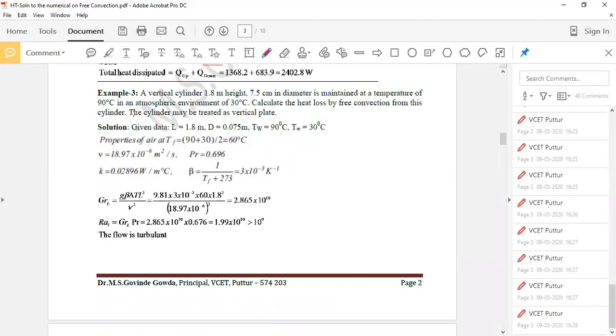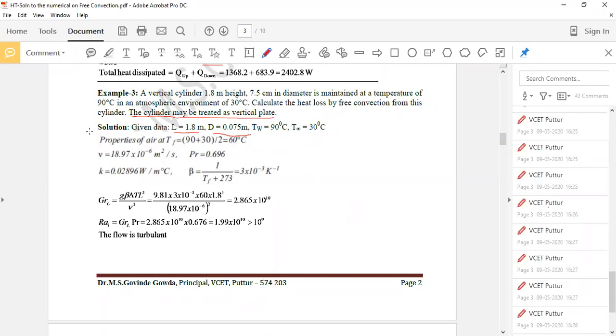Since it is given, obviously whether the condition to use the vertical surface or vertical plate correlation, you have to use this here by brute force. But if not given, then you have to check that D by L must be greater than 35 divided by Gr_L to the power of 1 by 4. That condition you have to check. Anyhow, here it is a vertical cylinder, therefore the vertical height will be the characteristic length,